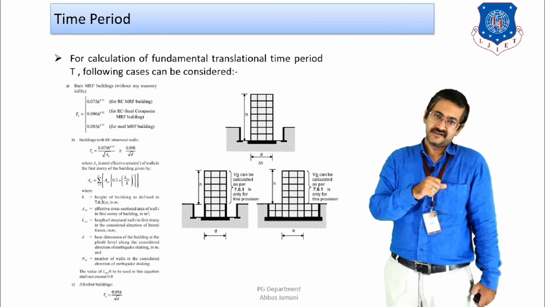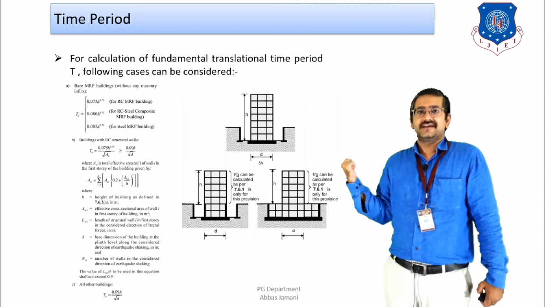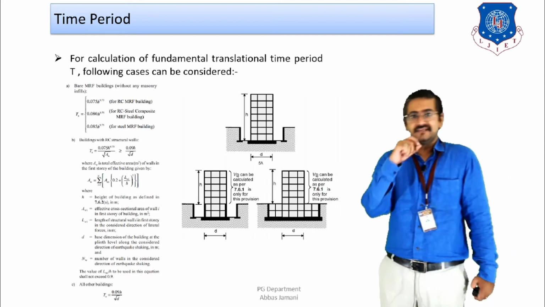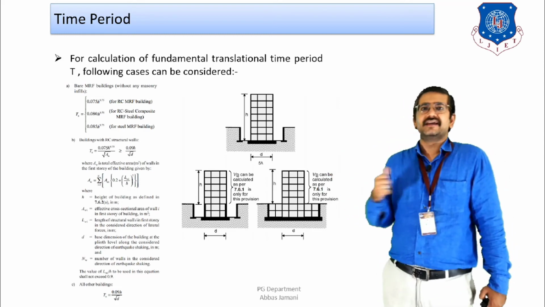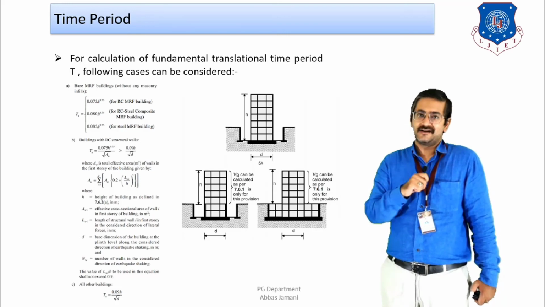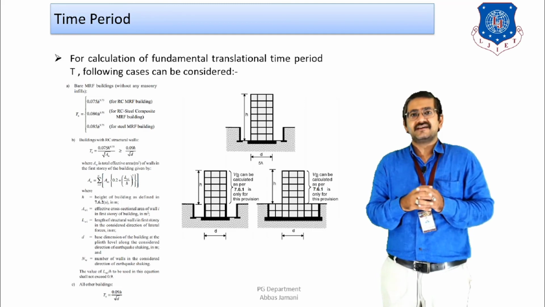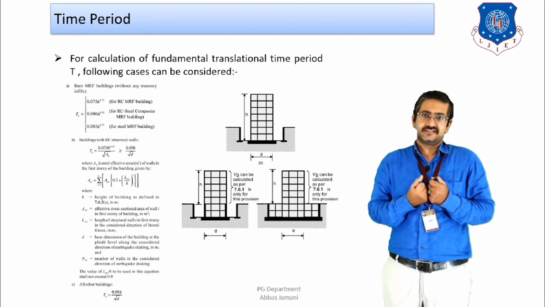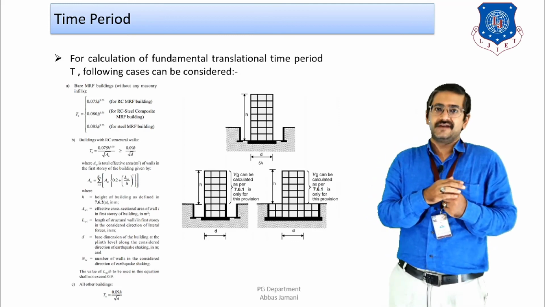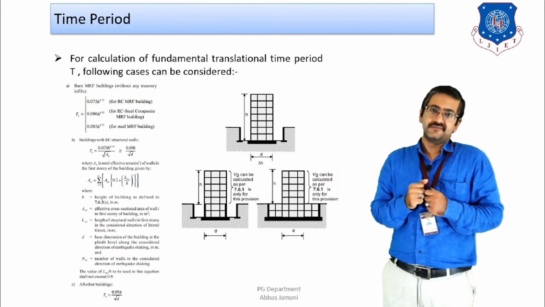Right? So that is how the formulas are suggested in IS 1893-2016 for the calculation of time period. Now we have seen that all these three formulas indicate that time period is going to be a function of height and the lateral dimension. Sometimes the system, configuration or plan of the building is such that it becomes a little bit confusing for us to understand how to select the correct value, right? And for selection of these particular values, the code gives some schematic sketches based on which we will be able to decide, right?